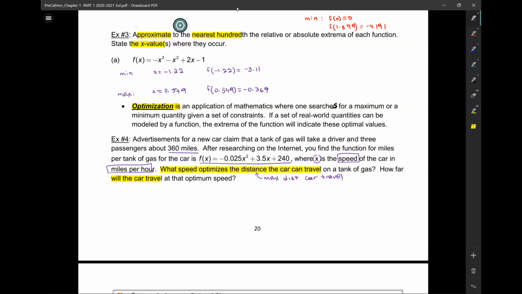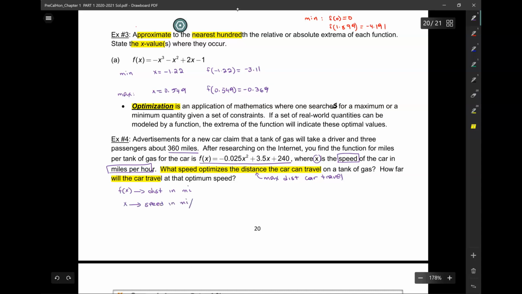So what is the optimal speed so you can maximize the amount of miles? All right. Well, let's see what we've got here. We've got f of x, and this is the distance the car travels in miles. And we've got x, this is the speed